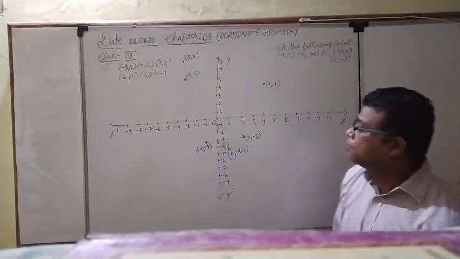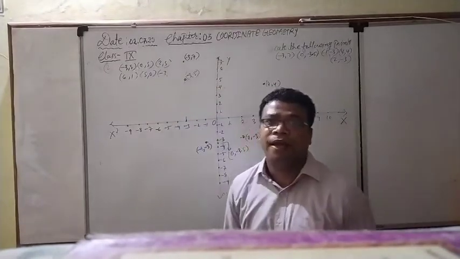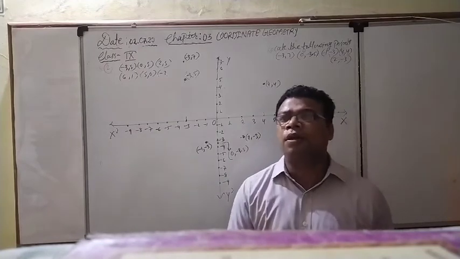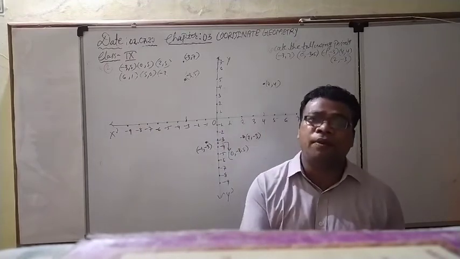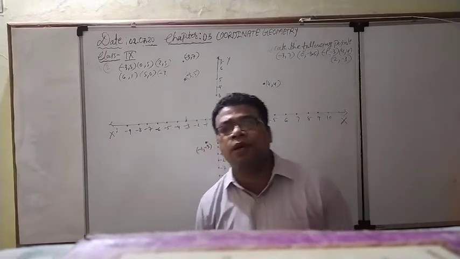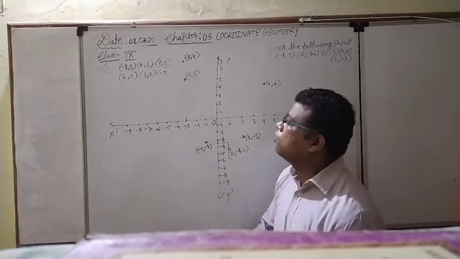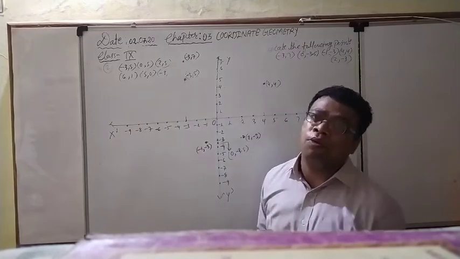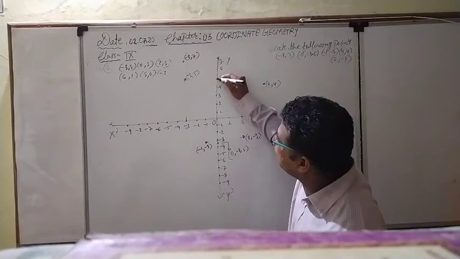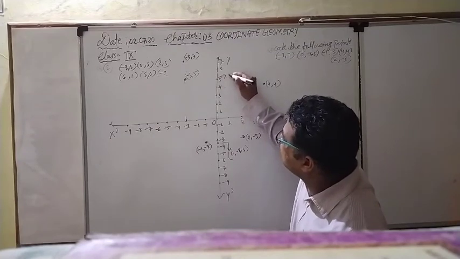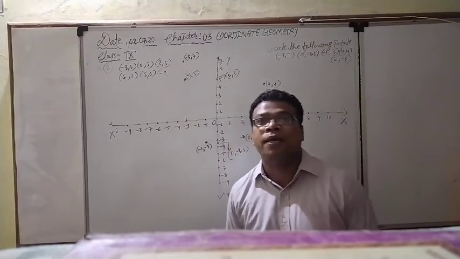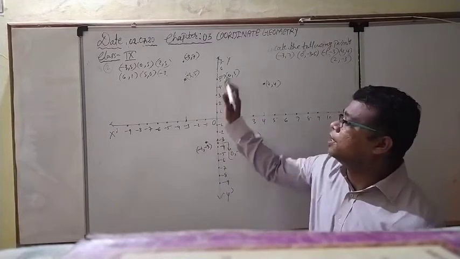Right now see the next thing. Next point is 0, 5. X coordinate is 0. If the x coordinate is 0, that particular coordinate is situated directly on the y axis, because the x coordinate is going to be 0. But what is the y coordinate? Positive 5. So we have to search only the 5 in the positive y direction. So this will represent the 0, 5 and it is always present on the y axis, if the x coordinate is 0.